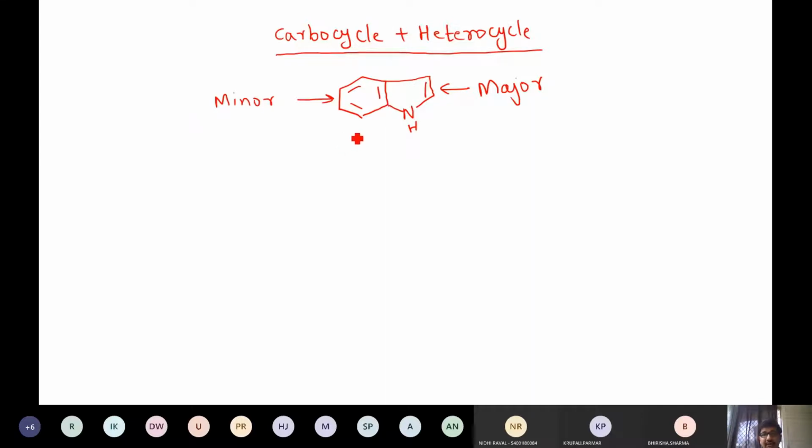The other thing you have to consider is that the minor ring is considered as a substituent on the major ring. Whenever we talk about a substituent, let's say halogen, we describe a halogen substituent as halo, right? If it is a chloro substituent, it is chloro, something like that. In a similar way, this minor ring is considered as a substituent. So the first thing you have to do is cut this bicyclic ring into two parts.